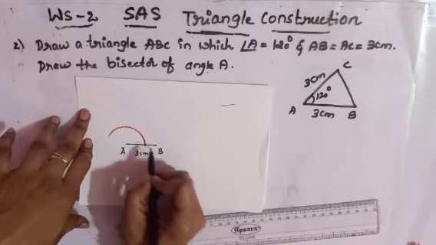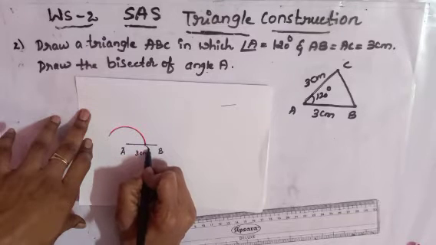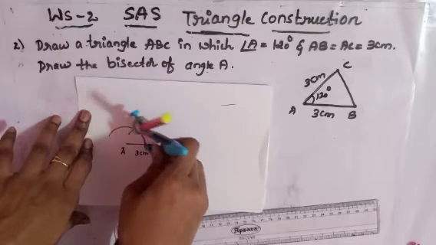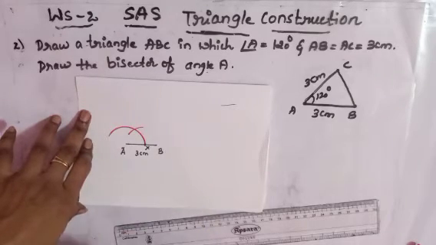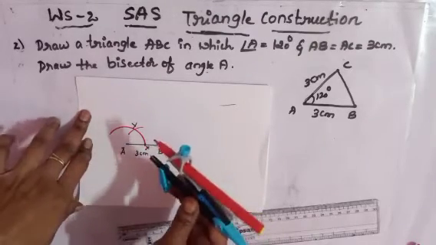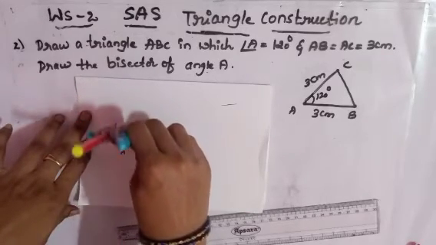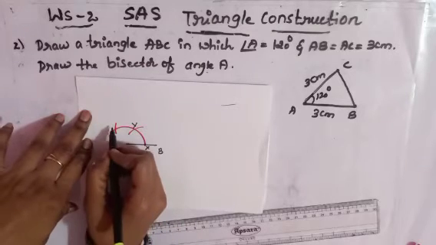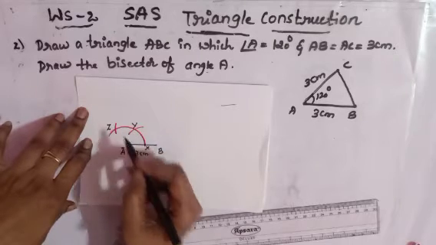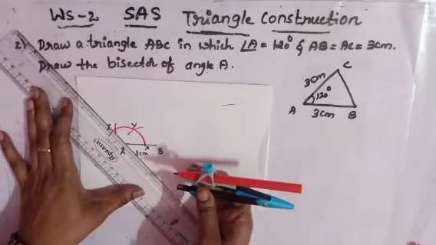The point of intersection where the semicircle intersects the line segment AB, mark it as X. Place the compass at X and draw an arc. This point of intersection, name it as Y. With the same radius, don't change the radius, draw one more arc and name this point of intersection as Z. Now this arc is 60 degree and this arc is 120 degree. So we got an angle of 120 degree. So draw a straight line.